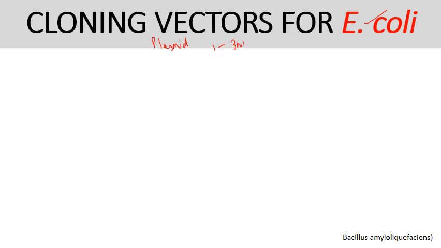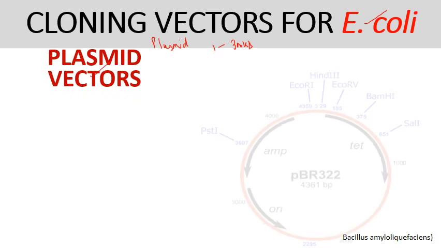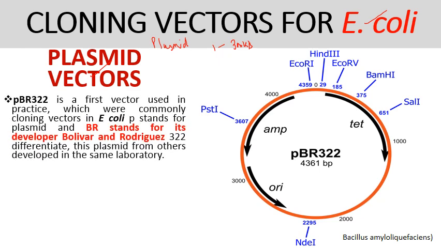So this much size of DNA is present in a plasmid, and we use it as a cloning vehicle. Firstly, plasmid vectors. These are basically extrachromosomal DNA present in the bacterial cell, and they contain many genes which provide resistance against antibiotics. So the most commonly used vector or plasmid is PBR322, and this was the first vector used in practice,